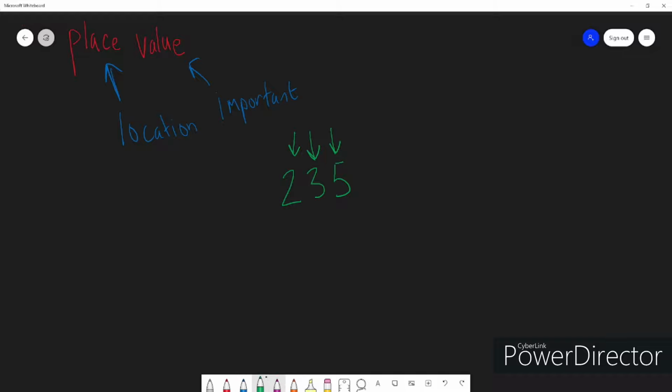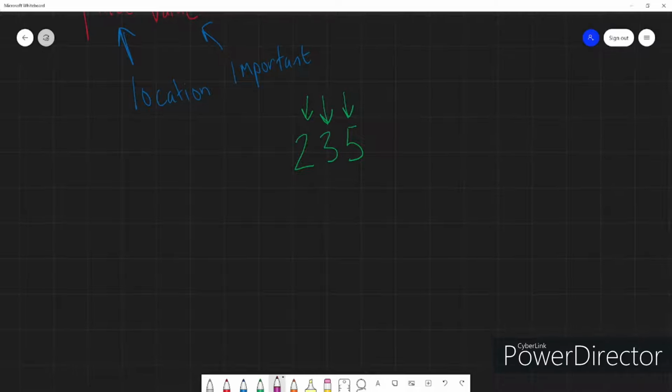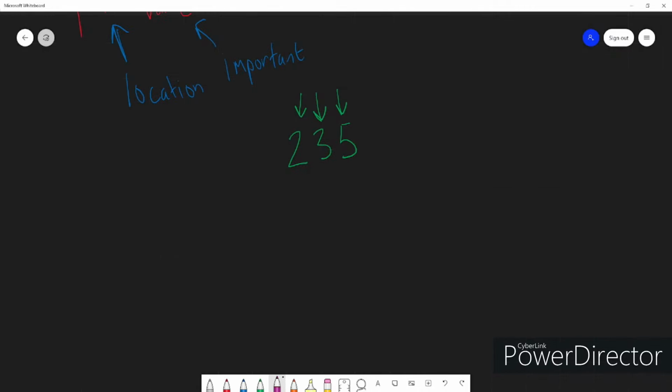When I speak of location, I am speaking specifically to where it is, and there is a name for that. If I were to rewrite 235 on the screen, I would show you that there is a specific location. For example, the location for the number 2 is considered the hundreds location,